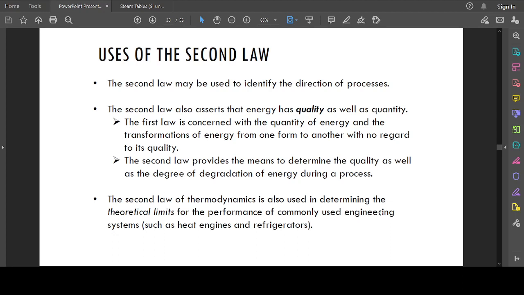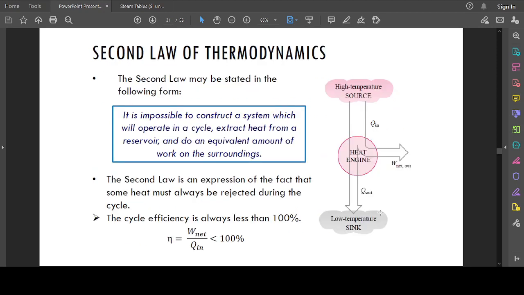The second law of thermodynamics is also used in determining the theoretical limits for the performance of commonly used engineering systems like heat engines and refrigerators. And these theoretical limits are referred to as the efficiency. Okay, so this brings us to